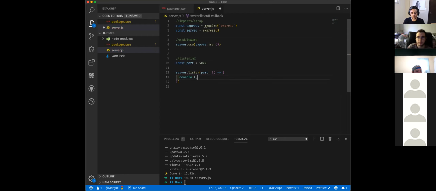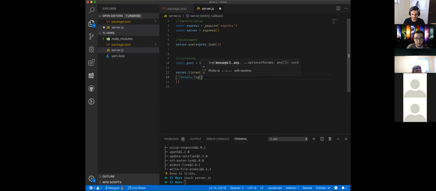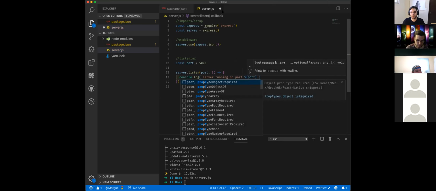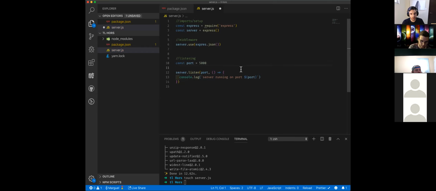Right here, I'm going to do the console.log of, let's use backticks, and I'll just say server running on port, and tell it that we're running on the port we specified here. Okay, save, and then I'm just going to do a quick test,